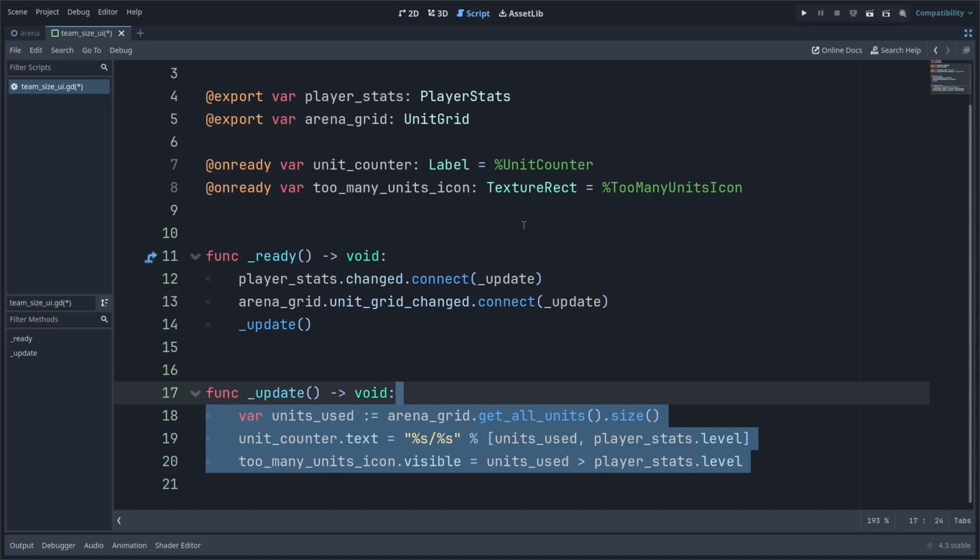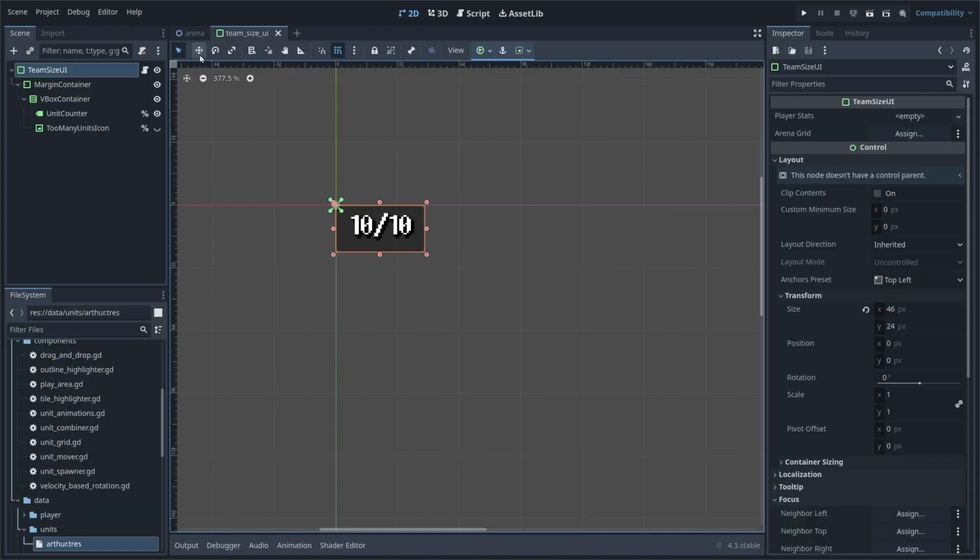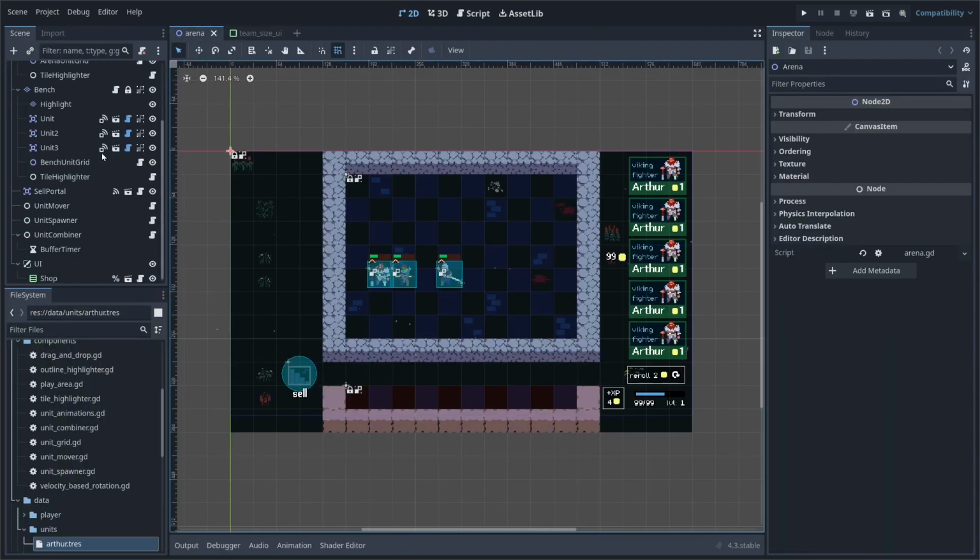We can save this with Control S, and we could test this in isolation, but we don't really have to, since it's much easier to actually instantiate this inside the arena scene, because there we already have access to the arena grid, so it's much easier to test. So let's go back to 2D view, go back to the arena scene, and let's scroll down a bit,